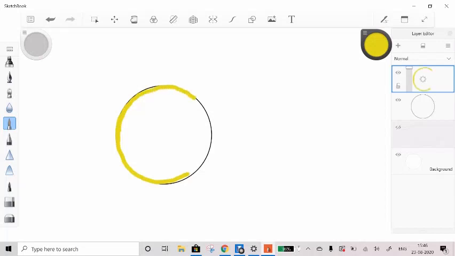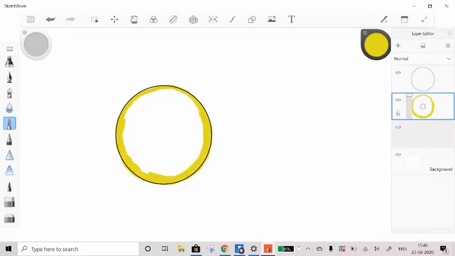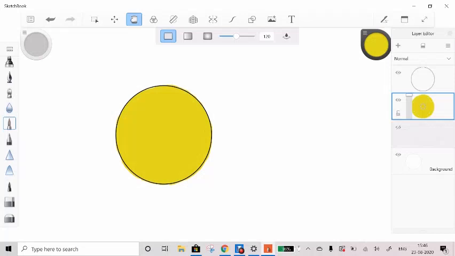If, in the layers option, we select the outline layer and put it above the color layer, it will be on top and hence it will not be hidden. If you see on the top, there's this option of filling the color. If we select that and click on the ball, it will be filled. We can just double click to make sure that there's no space left.